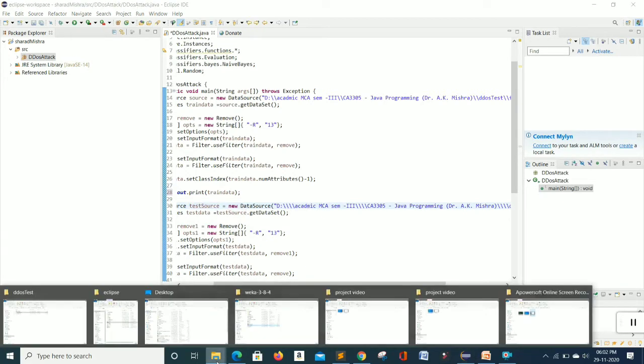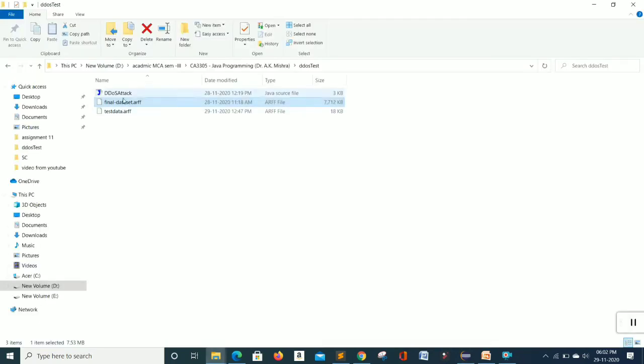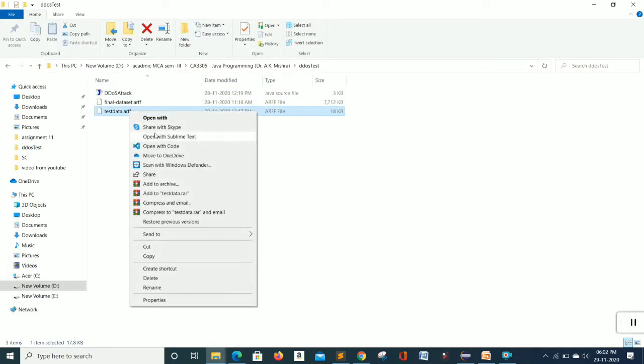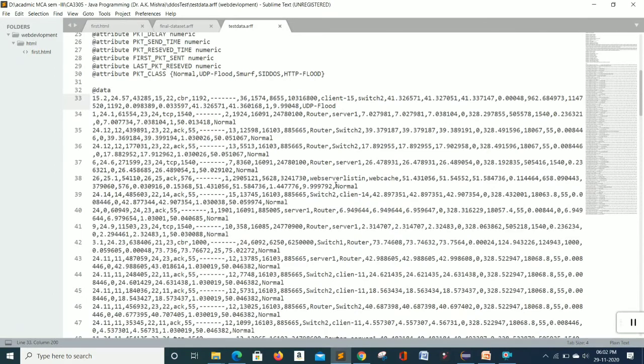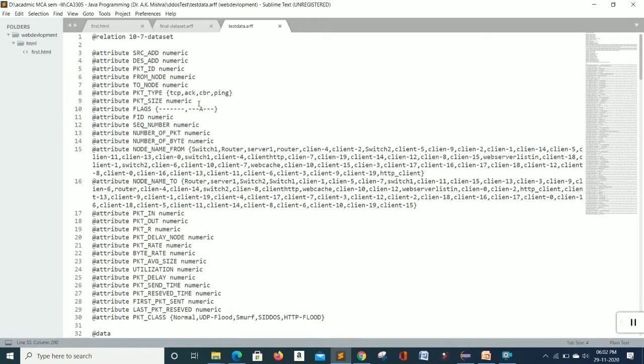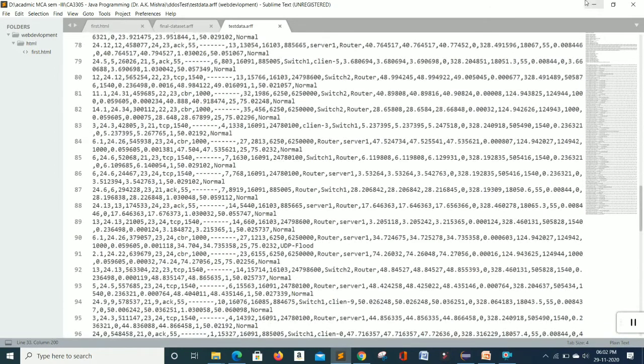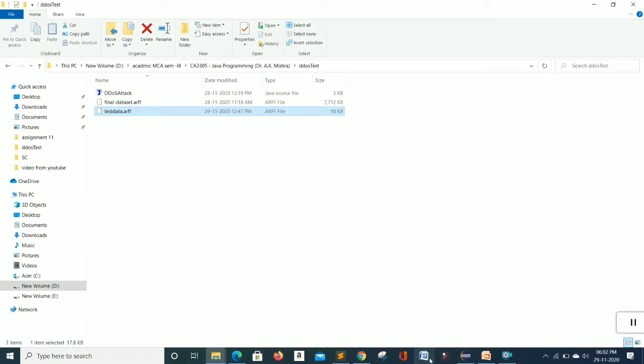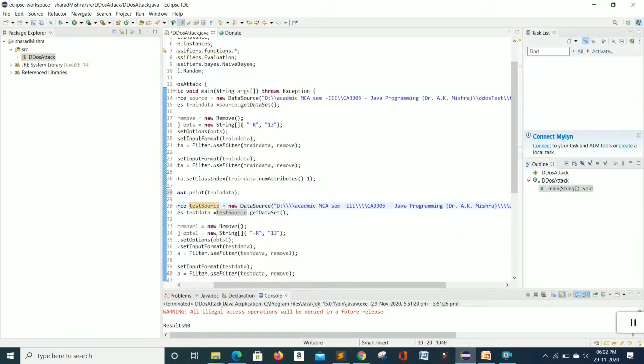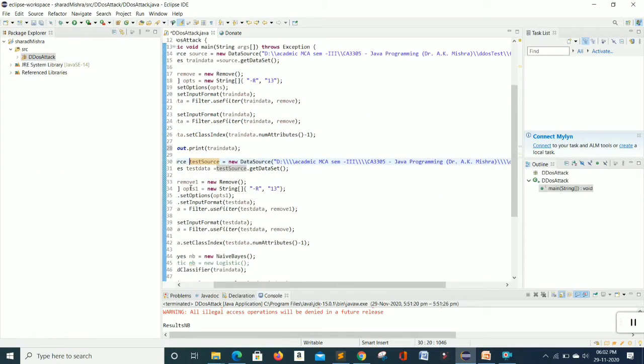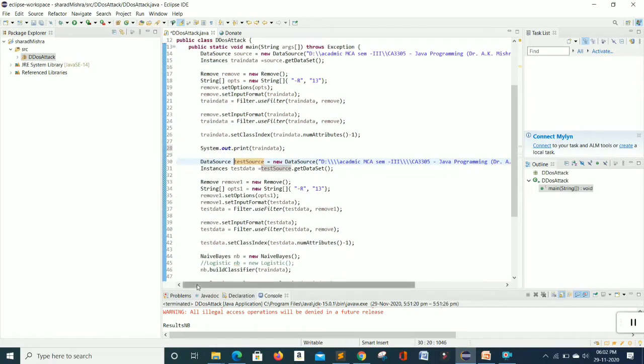We can see the sub part here. Here is the sub part of the dataset, and again we remove the unnecessary data attributes from our dataset.